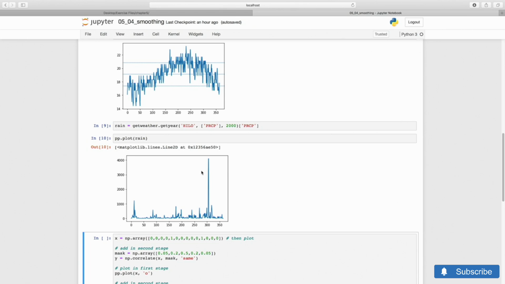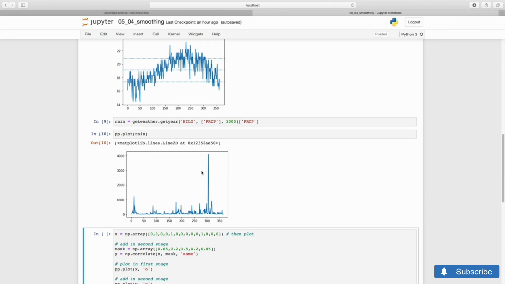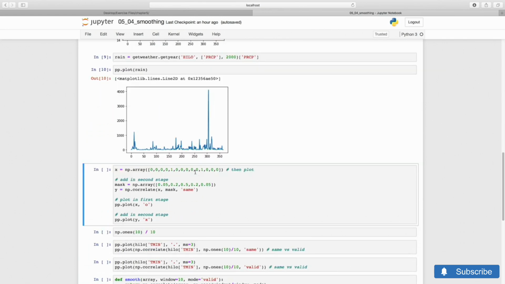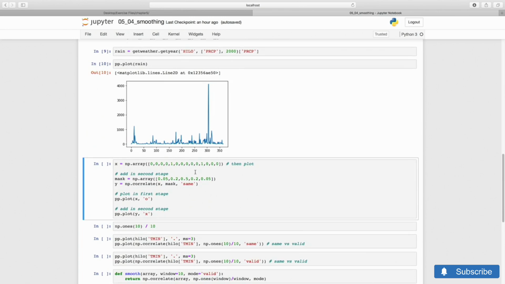Now, looking at the data this way is very informative, but we also see lots of noise, rapid variations between one day and the next, which can obscure underlying trends. To remove the noise, we can smooth the data so that we see the slower long-term behavior below the oscillations. And the simplest approach to smoothing is replacing each value with the average of a set of its neighbors. With NumPy, we can do this with correlate.